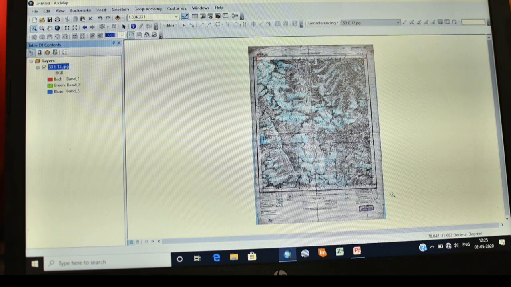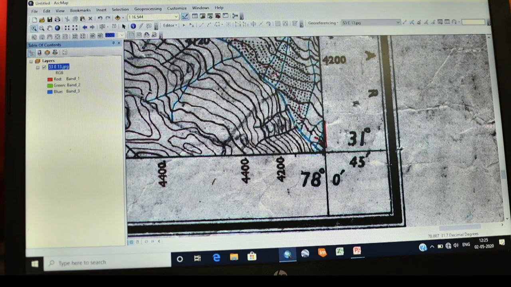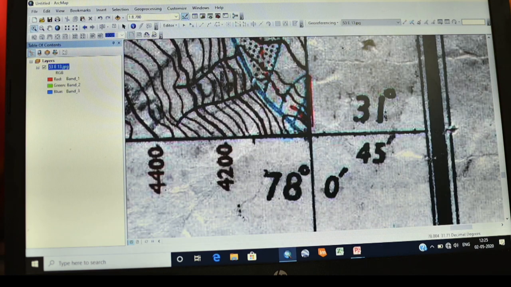the right bottom corner of your topo sheet, and then add the third GCP value.